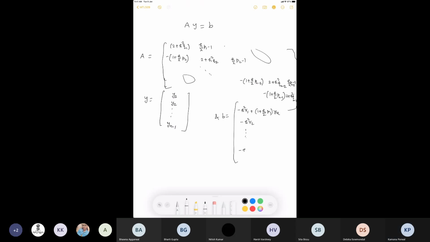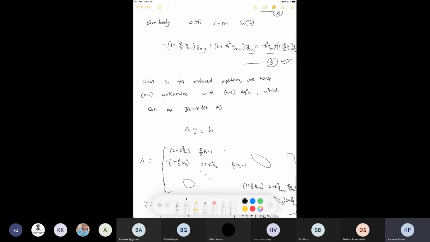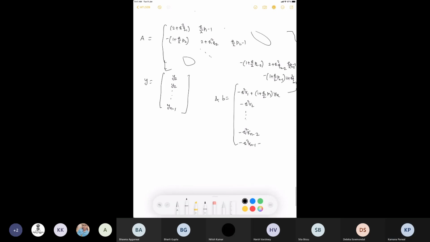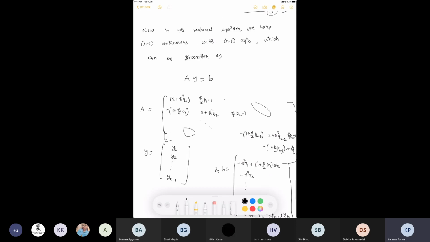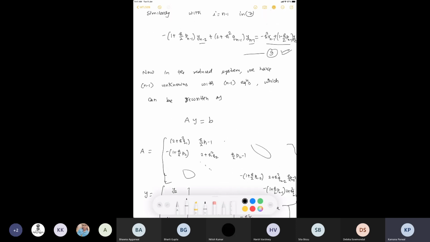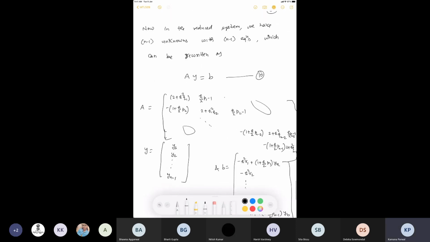Likewise, the last two equations correspond to -h² r_{n-2} and -h² r_{n-1}, and then we have this term plus (1 - h/2 p_{n-1}) times yb. Okay, so if I name this 10,